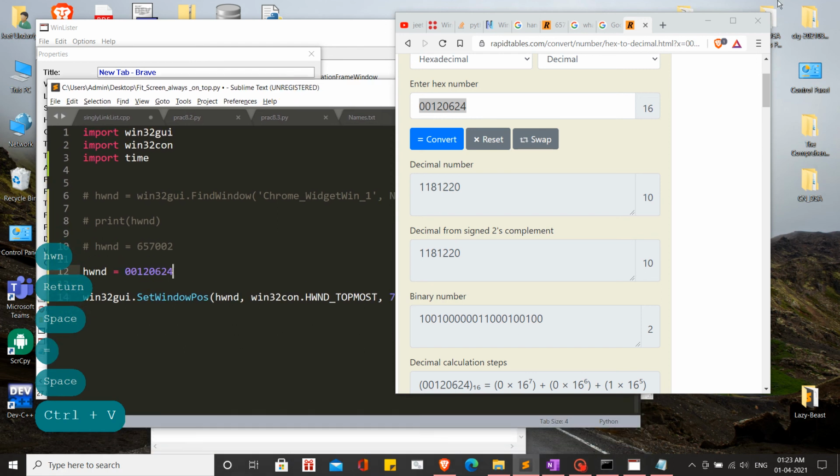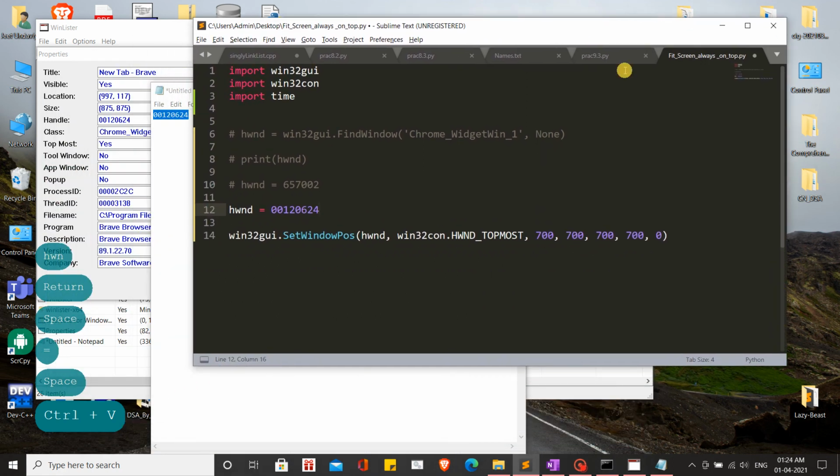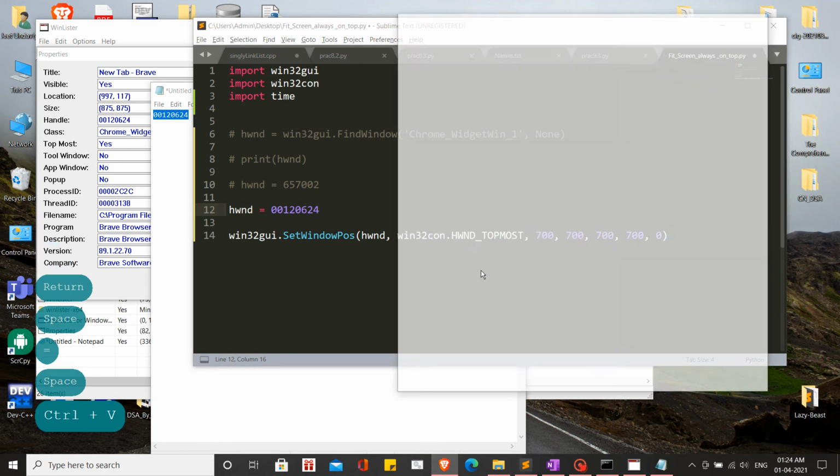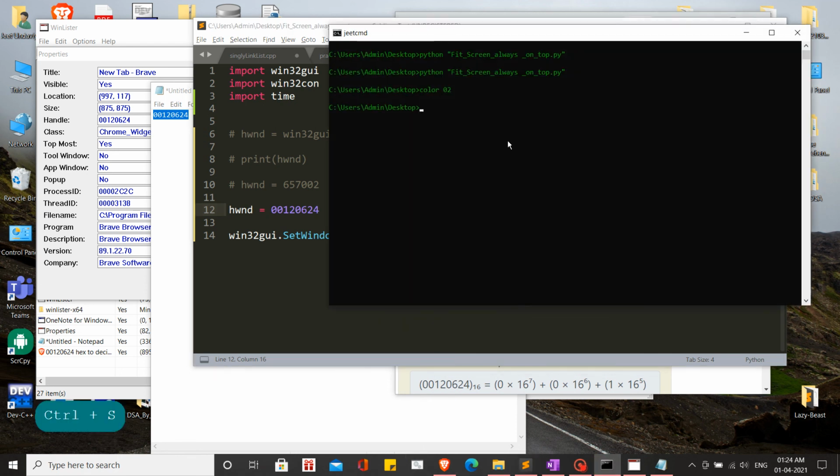For now I'm closing this window, and as I close the window, it will be unpinned. I'll open this again, and if I go to this, as you can see it is no more pinned. I'll save this and run my code again, and let's see if it pins up again.